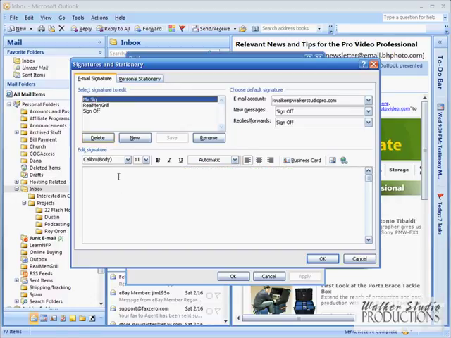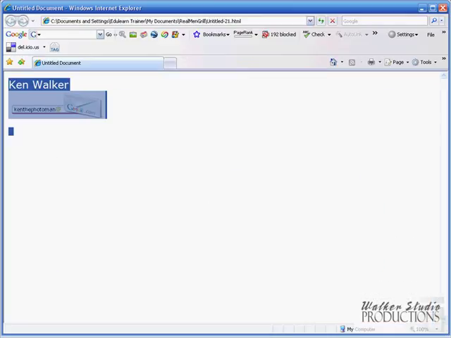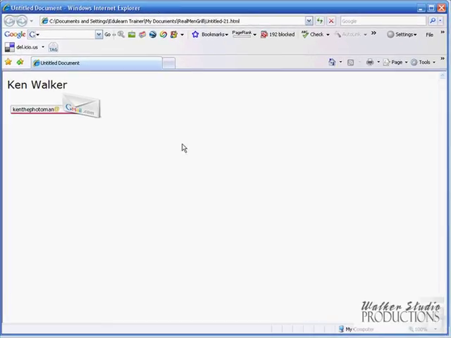So for my signature HTML here, I would create the HTML, save that as a file on my hard drive, and then I'd go to Internet Explorer and open up that HTML file, and that'll display, for example, this signature right here,